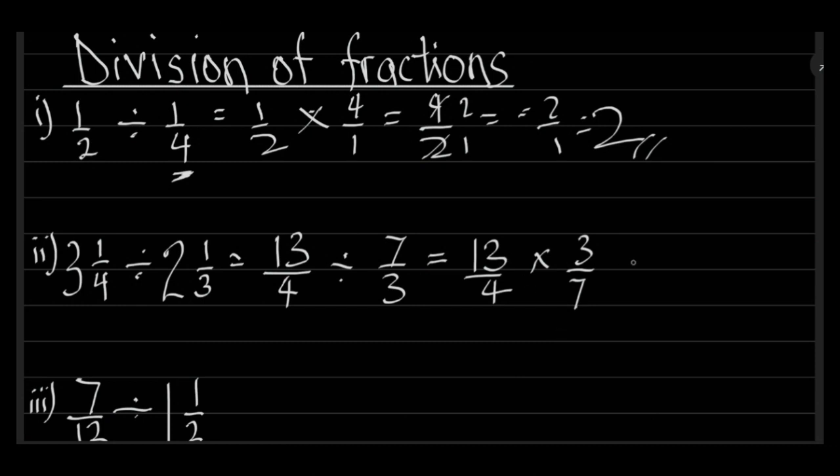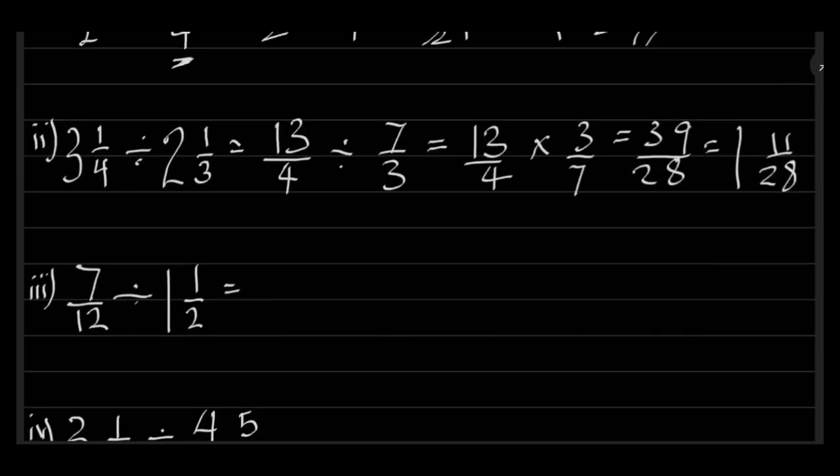So 13 times 3 would give us 39. 4 times 7 would give us 28. So that will give us one whole number, 11 over 28. Then going on,